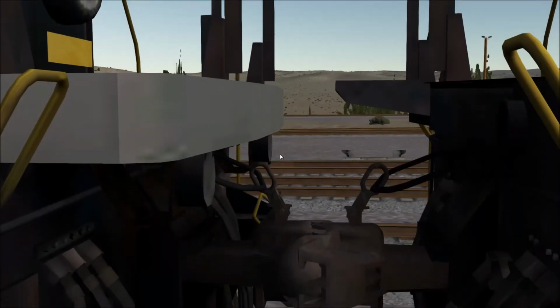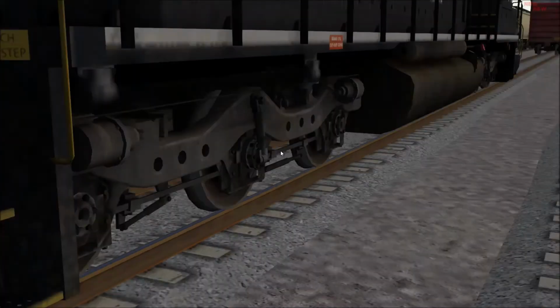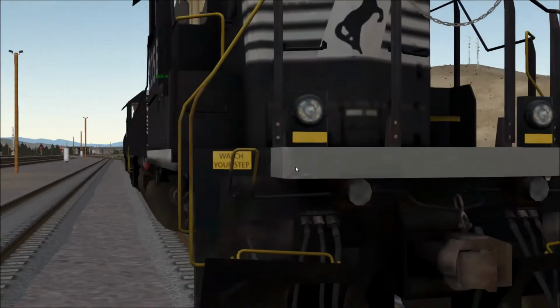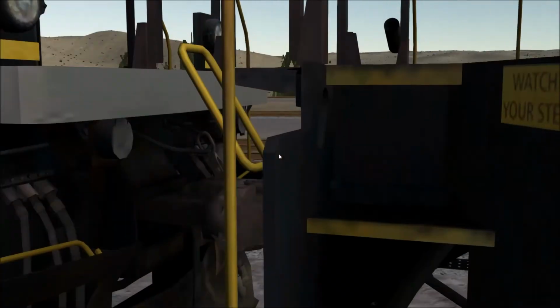These big cables that are, where are they? They're not here. They must be up here. Huh, that's right, they're not on here. But these are the MU ports. There's a cable that would run between